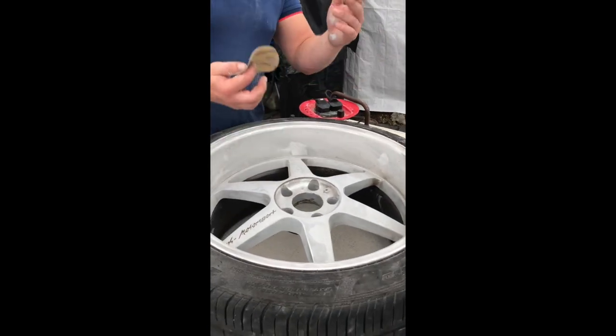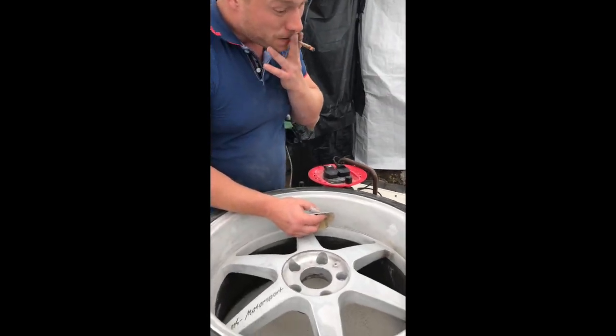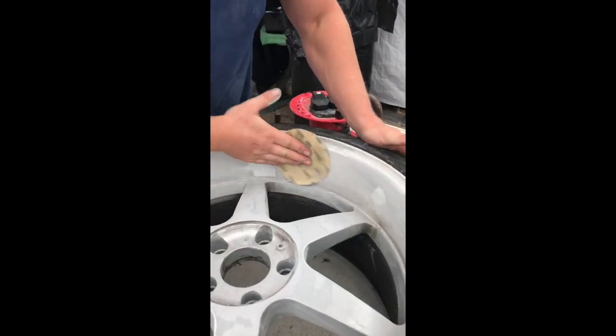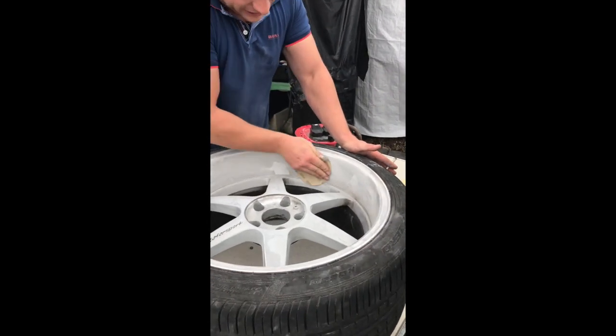So put your spliff into the hand which you're not using, obviously, or in your mouth, and get to scrubbing. And like Mr. Miyagi said, what did he say, Mr. Miyagi? Wax on, wax off. Yeah, but it's not wax, it's...